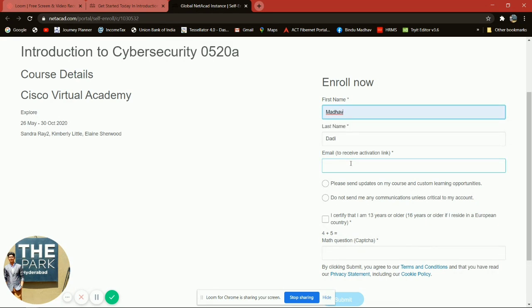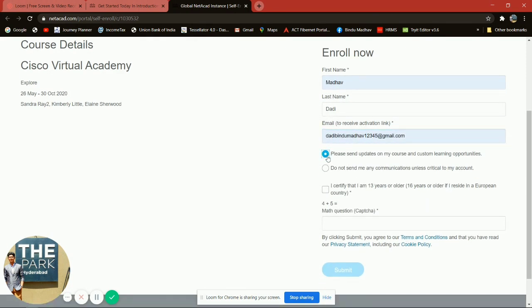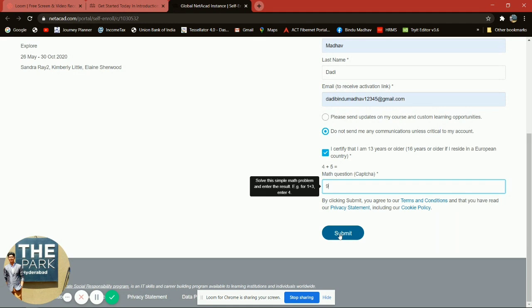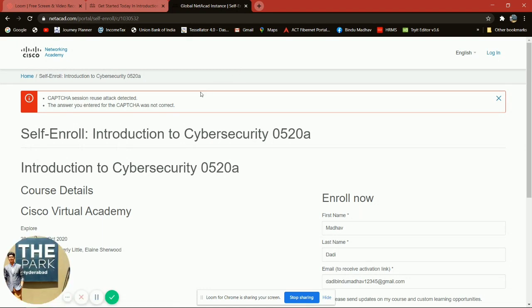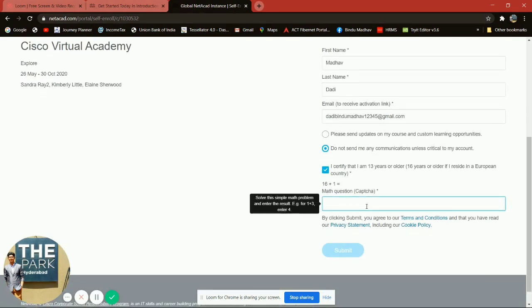You can also choose whether you want to get notifications and promotional content from Cisco, and now you have to submit it. Here I got a warning, captcha verification is not done. I think I clicked the submit button twice, that is why it's showing a wrong thing. Now it will work.